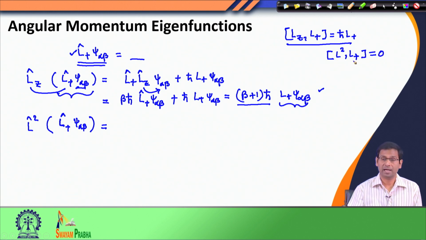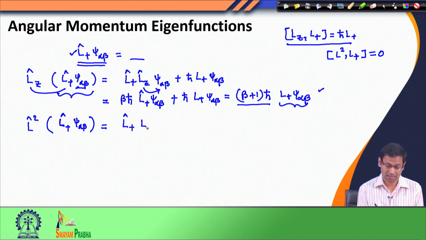I know L square and Lx commute, and L square and Ly commute. Therefore, since L plus is Lx plus i Ly, L square would also commute with L plus. Since L square commutes with L plus, I can simply write this as L plus L square